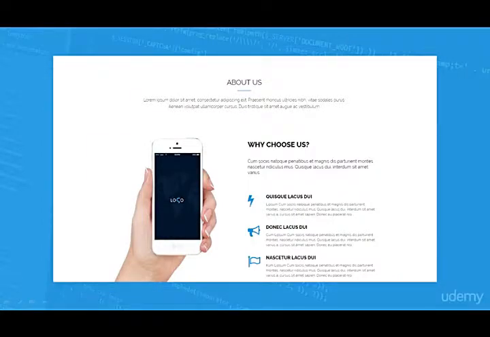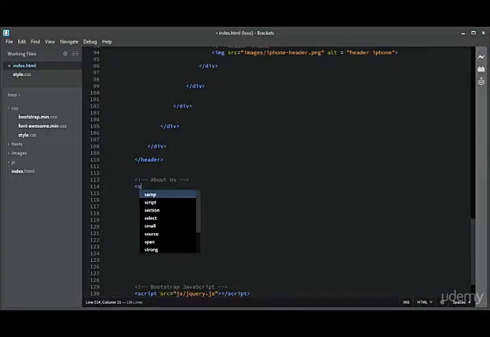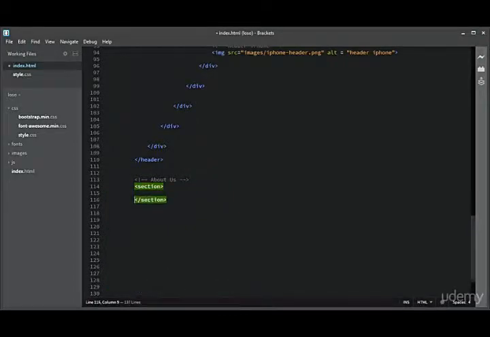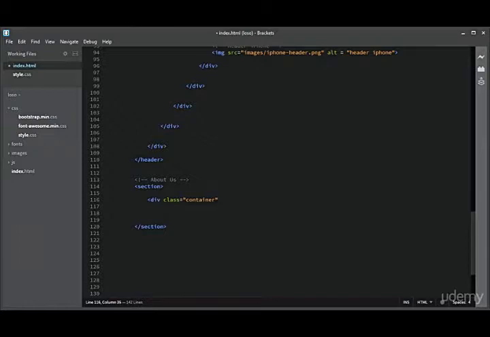Let us get started. Okay, I will start adding the HTML markup for the About Us section. About Us will be a section, and inside the section we need to add a Bootstrap container div, and inside the container div we need a div with the Bootstrap class row,